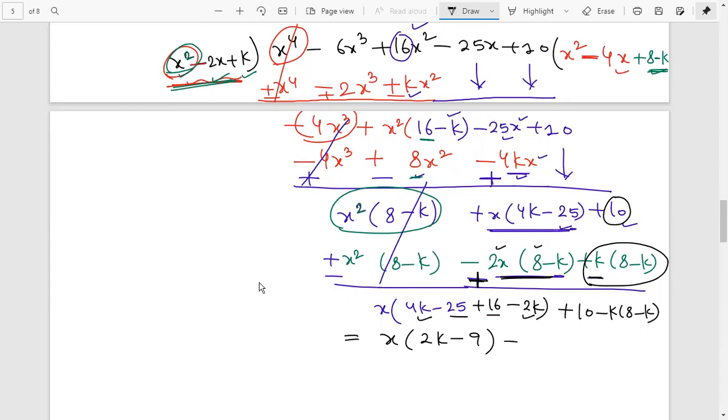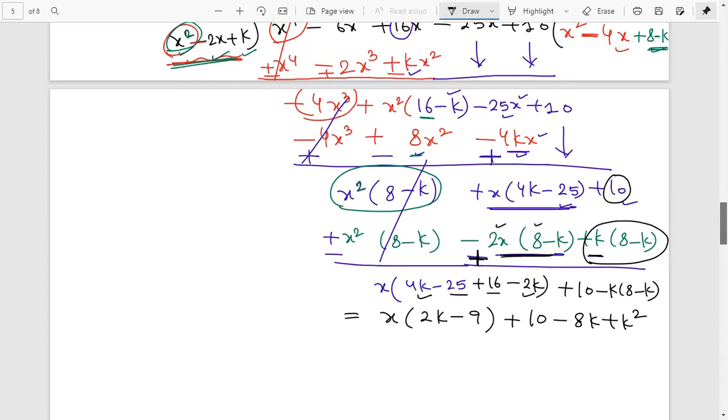And then this value we can take out of the bracket: 10 minus 8k plus k square, 10 minus 8k plus k square, right. Finally we can write this as 2k minus 9 into